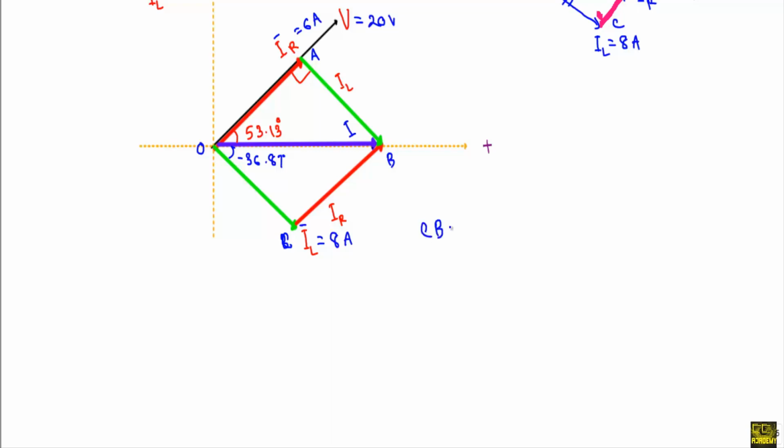CB is exactly equal to OA. Okay, and I can draw an equal vector from this point, and that will be AB. The equal vector will be AB, and AB will be exactly equal to OC. That will be our current phasor IL, and this will be our current phasor IR. Okay, now see, if we look at OAB